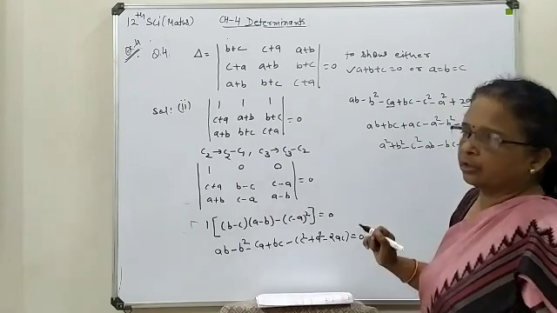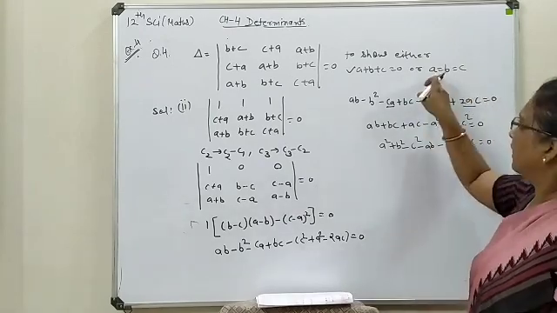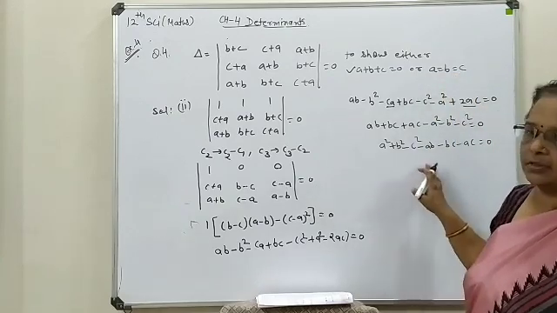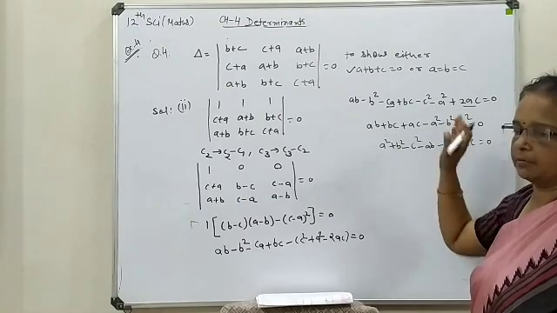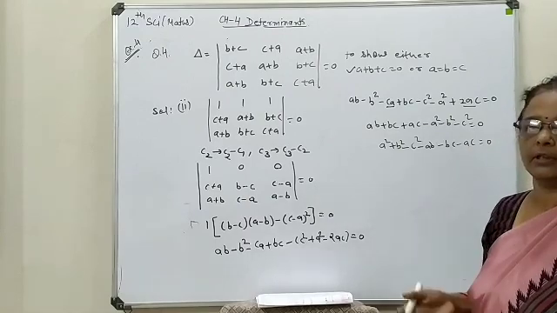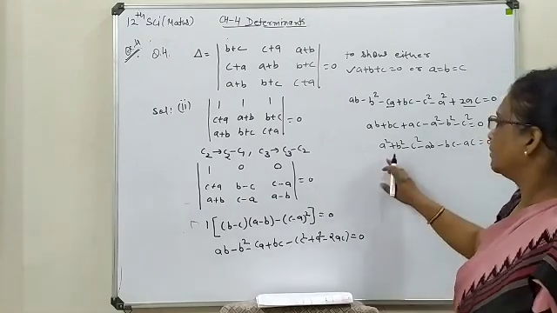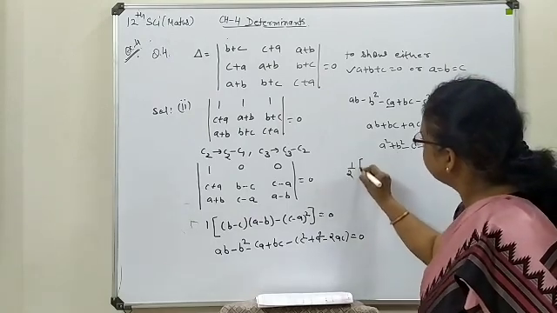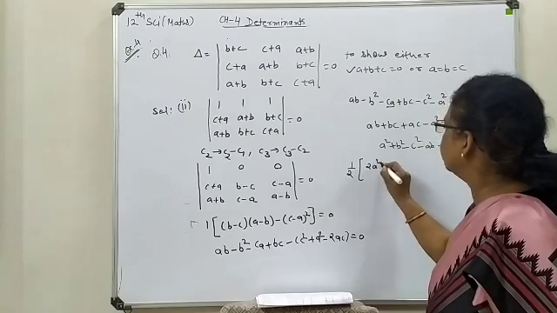Now this expression you have to turn in such a way that A is equal to B is equal to C we can form. Just now we are in a situation where it is not possible to generate the same relation, so we have to produce another form here. In order to do that, first of all, we are going to multiply and divide the whole expression by 2.